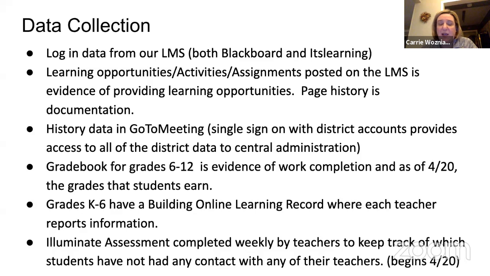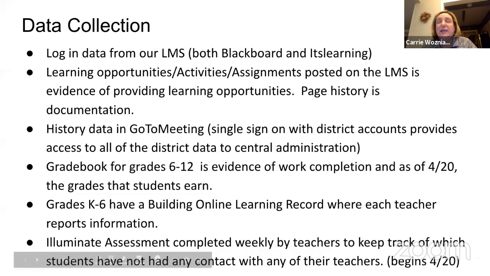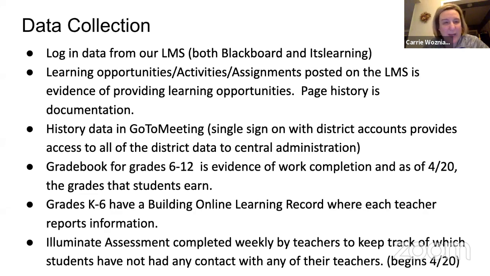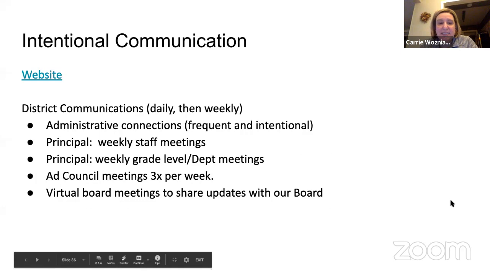That was something our instructional consultants came up with, because we were concerned about how we can leverage some of our ancillary staff that we've had to kind of reassign, like our paras and things like that. So they'll be able to make those phone calls, and we created a script for them. So that's data collection. Next slide, please.